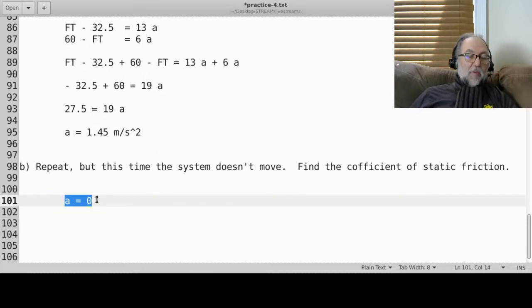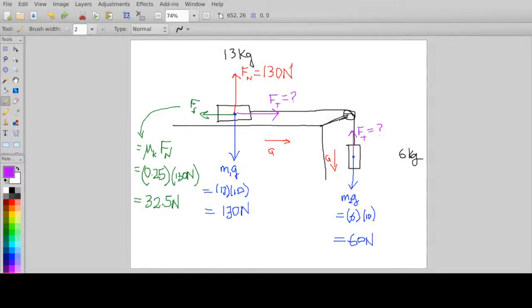Okay, so if the acceleration is 0, what happens? Well, let's go back to the diagram very quickly and I'll give you a hint how this works out. Okay, so FT now is not unknown. Since this is 60, FT has to cancel that 60, so FT here is 60. All right, because 60 up and 60 down, they cancel, and that's what leads to no acceleration for the 6 kilogram